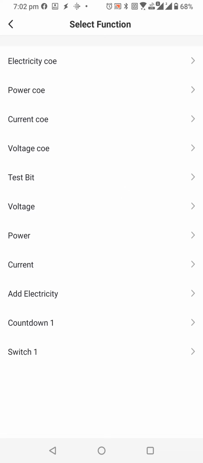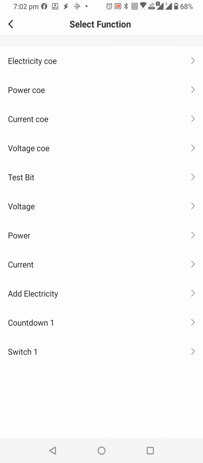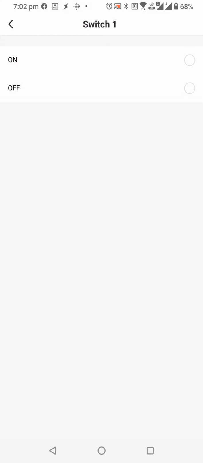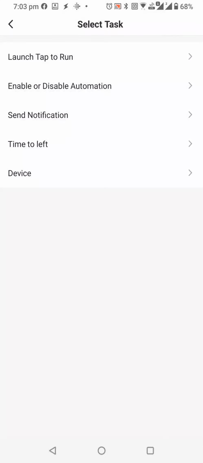For me, I want to use power on. Also I think that's related to the power consumption. So this should do it, I think. Switch, yes, so switch on. Whenever the heater gets switched on, this trigger will be activated, and then inside that I can add tasks.